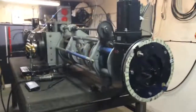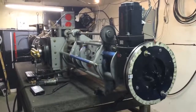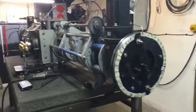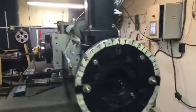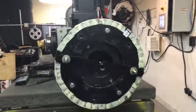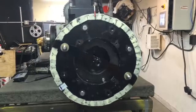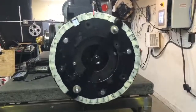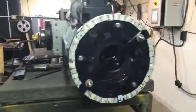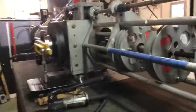Again, this was no load. And the amps will be extremely low. Quiet that off. And again, this is at 10 RPM. And the amps, as you can see,